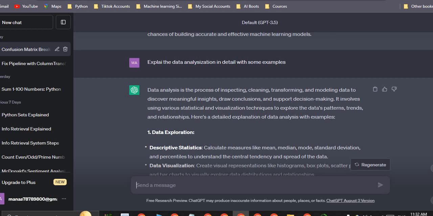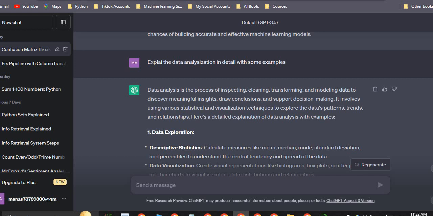It involves using various statistical and visualization techniques to explore the data, find patterns, trends, and relationships.